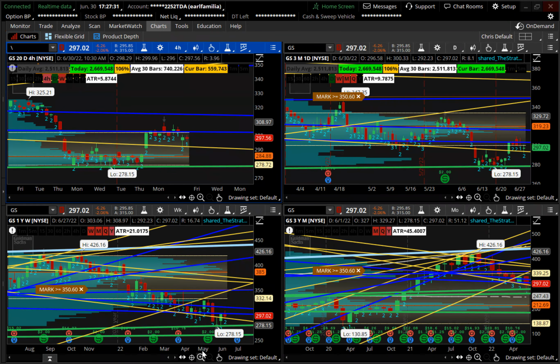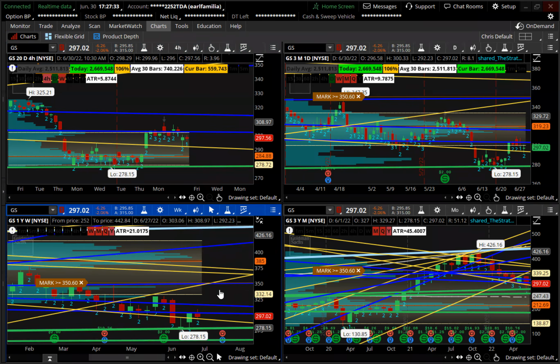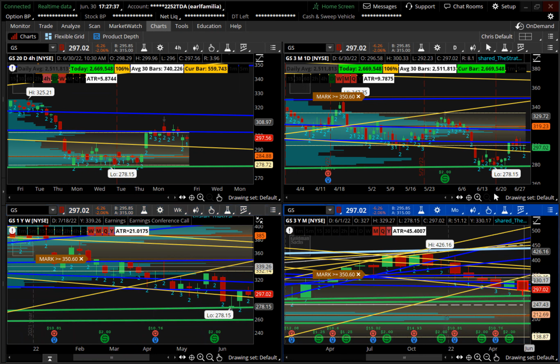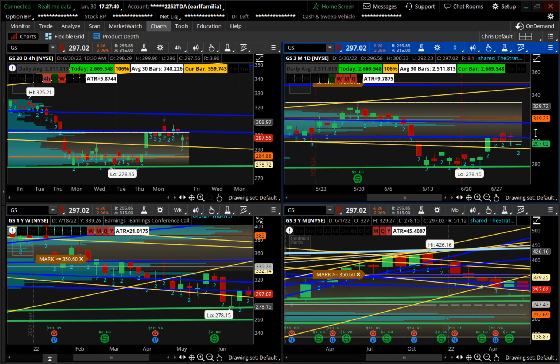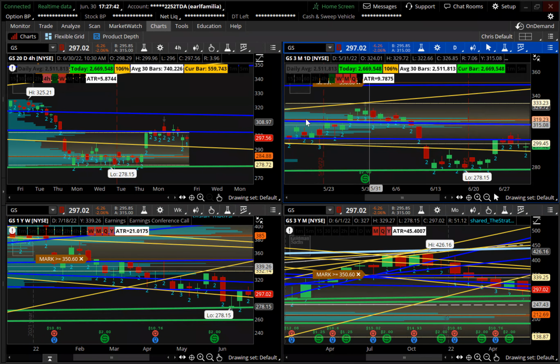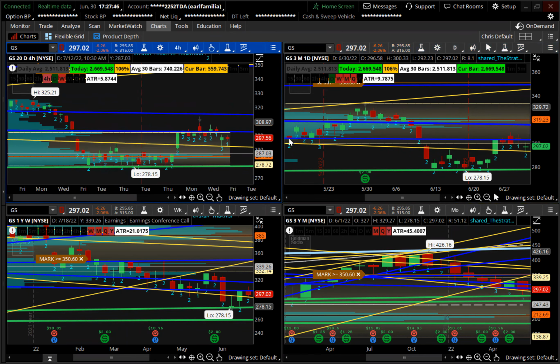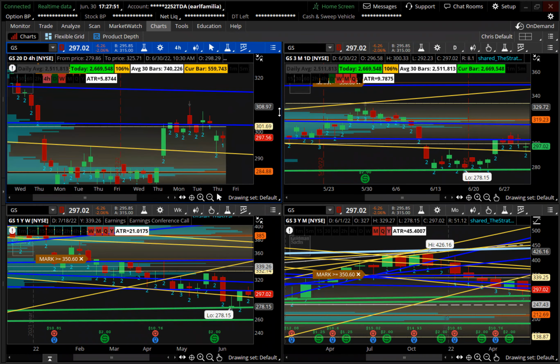Goldman Sachs. I mean, if y'all don't see the trend by now, like all these broadening formations, I mean, all these tickers, 4 hour candles are looking similar because of the choppy day we had. So here on Goldman Sachs, we got a 212. We gapped down this morning, remember? 212 on the 4 hour. Entry would be above 299.96. If you're looking for more downside movement on Goldman Sachs, you got entry on the 212 below 296.